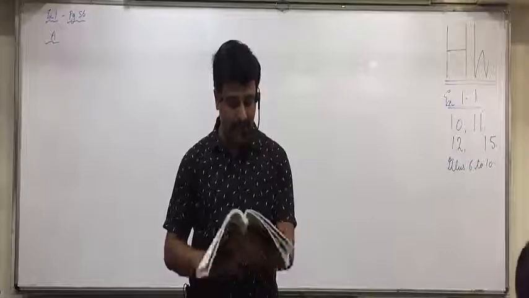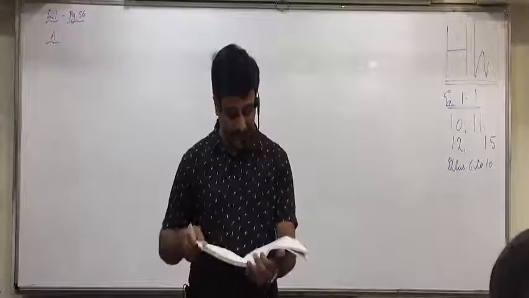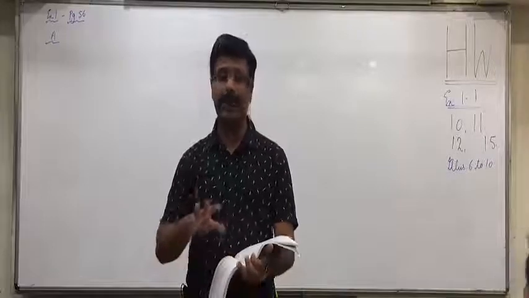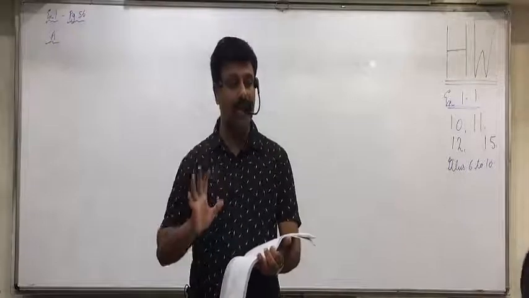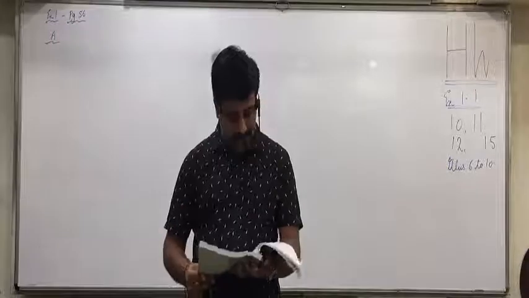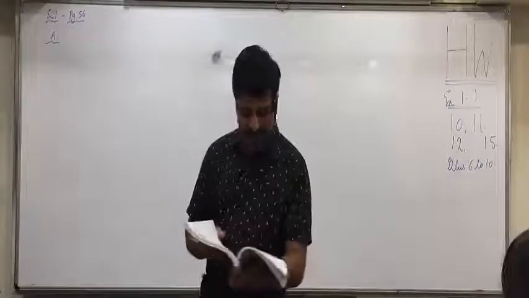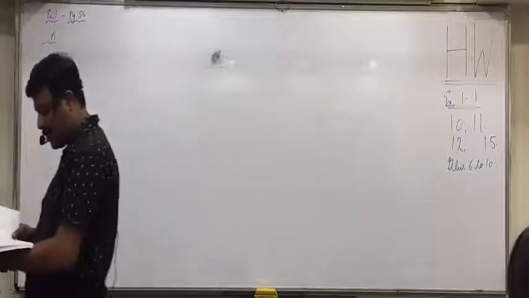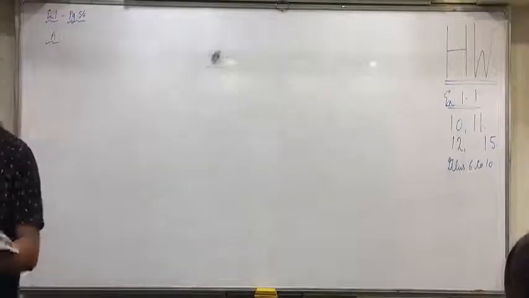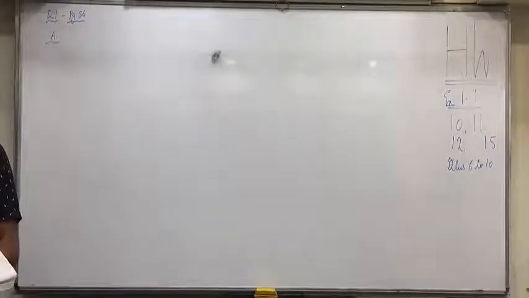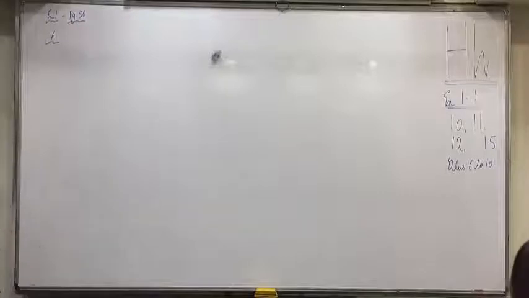Which event is given by the special subset null set of the sample space U? Impossible event. Null set means it is not possible. Probability is 0. So the answer is D. What is the value of P of A intersection A complement for events A and A complement? 0. Nothing will be common in A and A complement, because in A complement we include those which are not there in A. So 0.